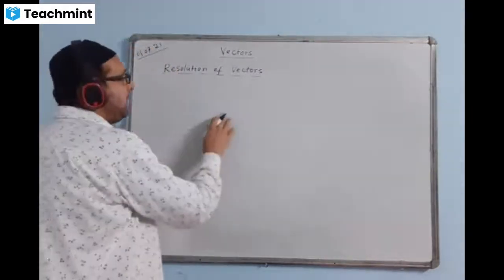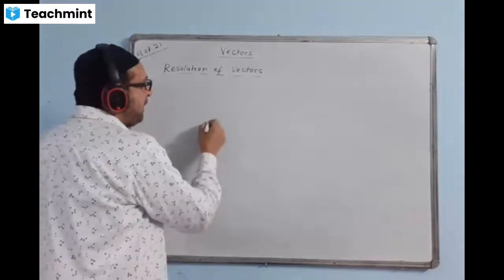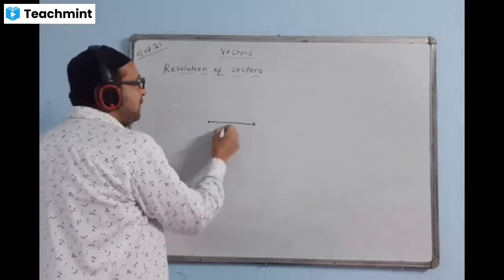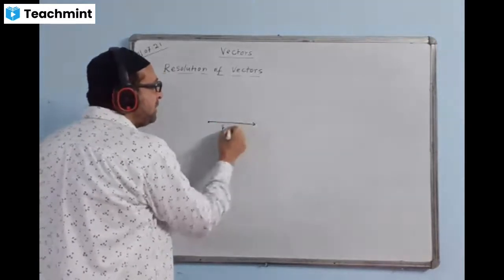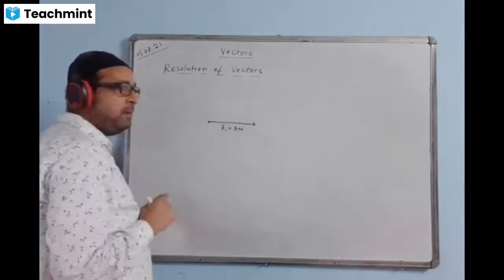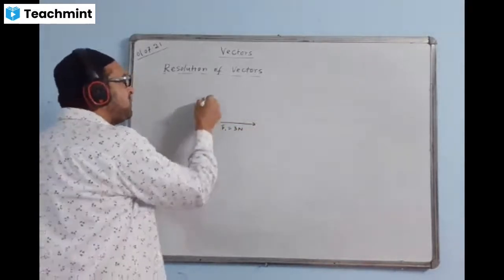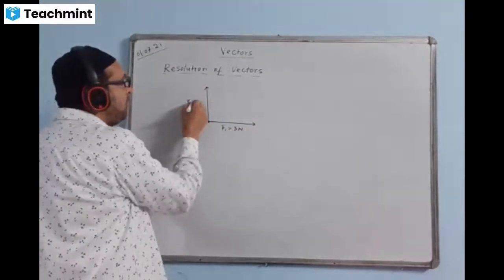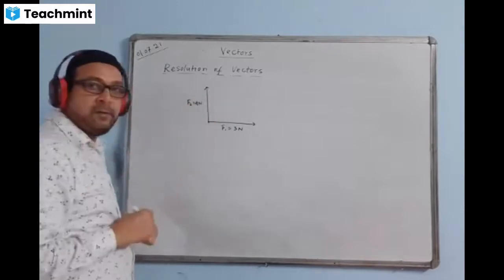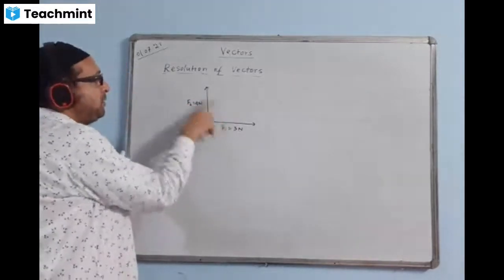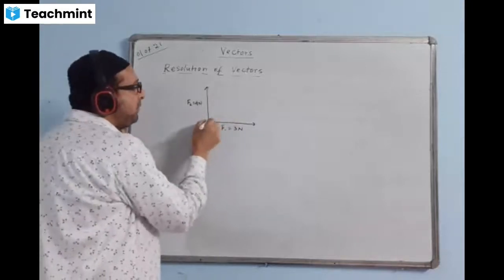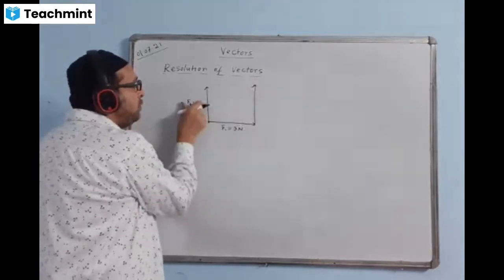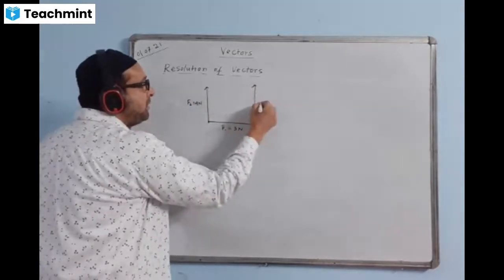Okay, now you can have an idea only. Suppose I draw one vector like this, or I take F1 in this direction, the value of which is 3 Newton. Another force is like this, from common origin. This is 4 Newton, like this. Where will be the resultant of these two vectors? Resultant of those two vectors will come by this common origin like this. You can draw like this here. This is 4, so this will also come 4, like a triangle.